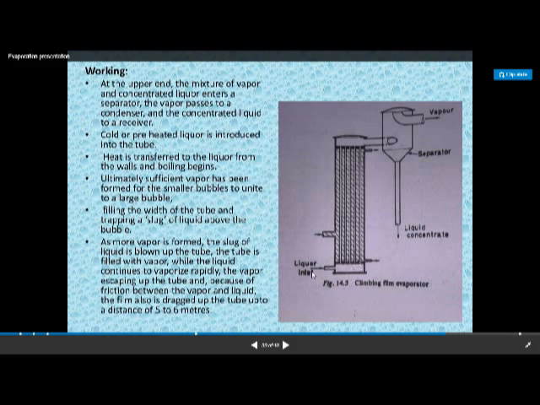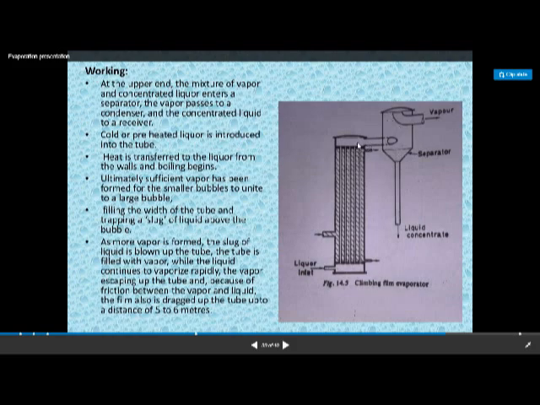There is an inlet for the liquor. This is an inlet for the liquor through which we are introducing the feed in this evaporator, and here is an inlet for the steam. Through this steam inlet we are introducing the steam into this evaporator. So this is for the introduction of the steam and this is for the introduction of the liquor. To the upper side, you can see here, there is an attachment for the separator.